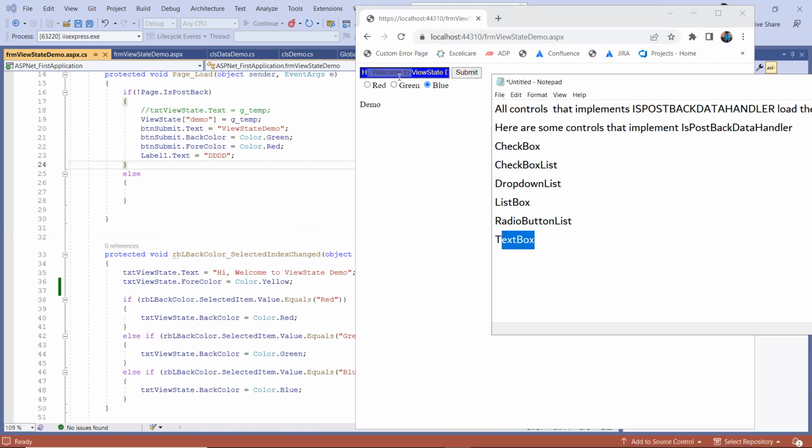This is coming out, right? Even the radio button list I mentioned. Whatever option I'm selecting is coming up with the selected option, even in the postback request, because it is maintaining a state. These two controls have the postback data handler, hence they come up with the latest